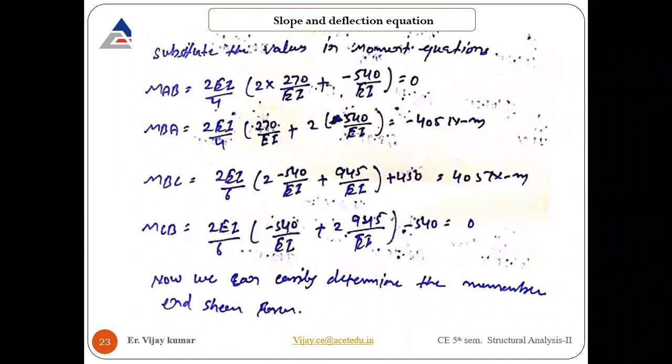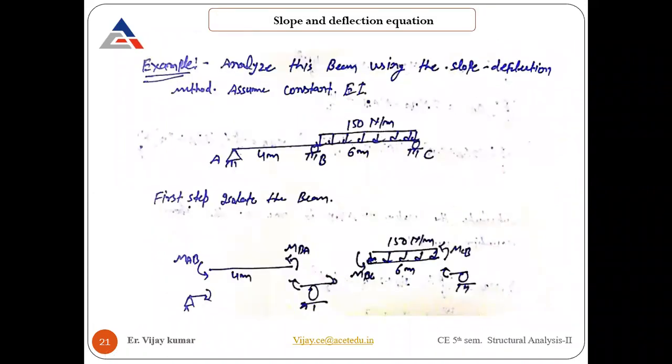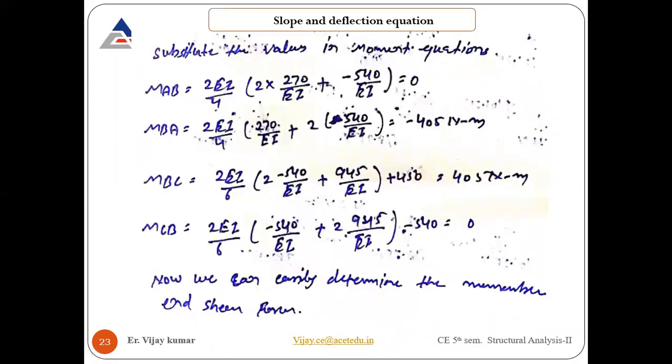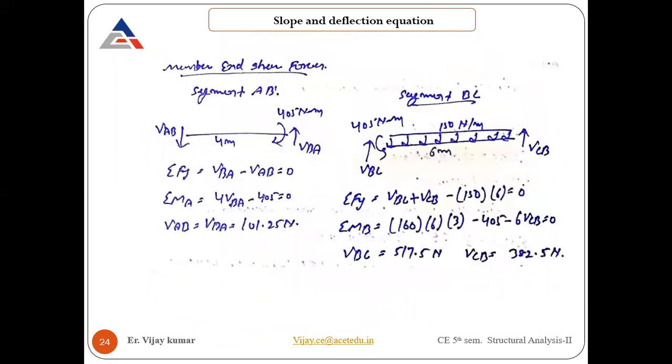Initially, let me show that slide again. What was my sign convention? You can see that is the sign I considered here. Anti-clockwise I considered to be positive, but after calculation the value comes out to be negative. What does that mean? It means that you need to change this direction. If you are not changing it, take the minus sign. If you are changing it, don't take the minus sign. I have already explained that many times, otherwise you make a mistake or your value will come out wrong. So make sure about that.